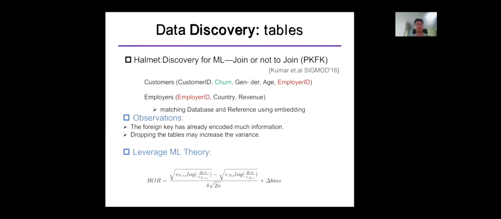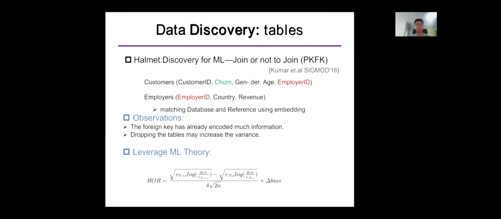Then we come to the Helmet project. It answers the question of whether the foreign key joins between the base tables and tables in the data warehouse are necessary, with the goal of improving the performance of the machine learning model. If not, some tables in the data lake can be pruned in advance without joining and training, so that the efficiency is improved. The basic idea is that the foreign key in the base table has already encoded enough information